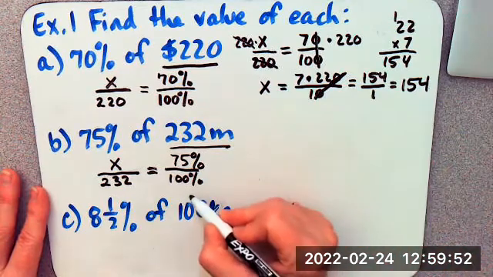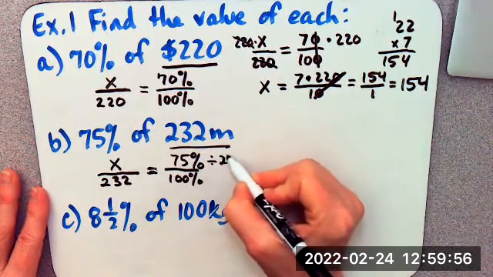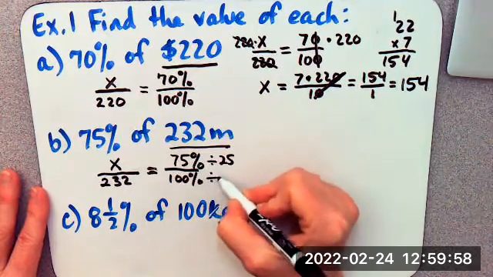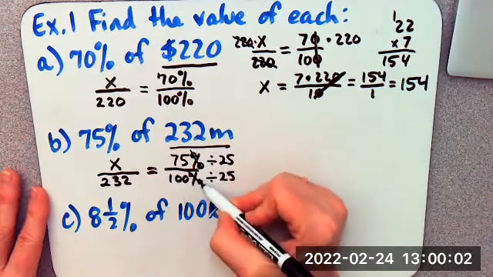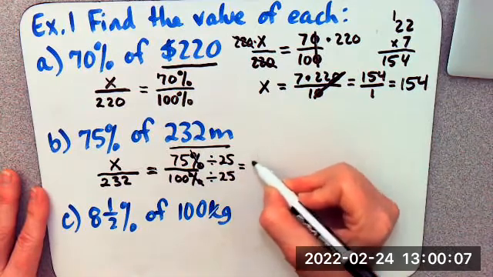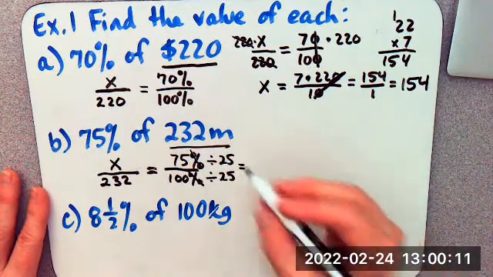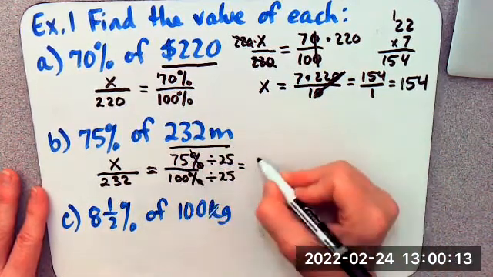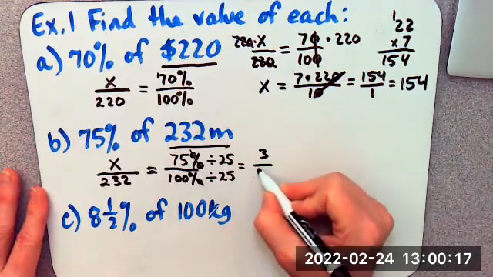Now we can reduce this by dividing top and bottom by 25. And the percents are going to go away because there's a percent up there, percent down there. And remember, ratios are unitless quantities. Okay, so there are 3 25s in 75 and 4